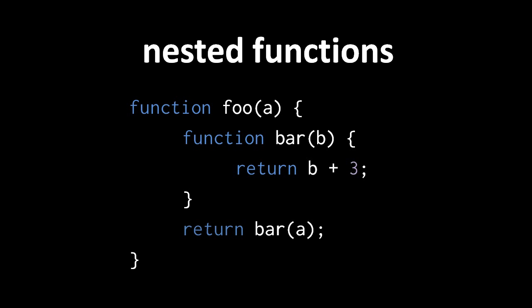First, a function statement inside another function assigns the newly created function not to a global variable, but instead to a local variable of the enclosing function. So here, inside the function foo, a new function is created and assigned to the local variable bar of the